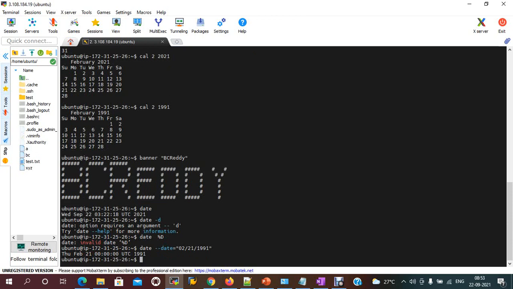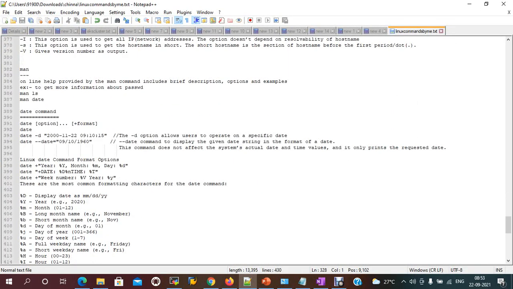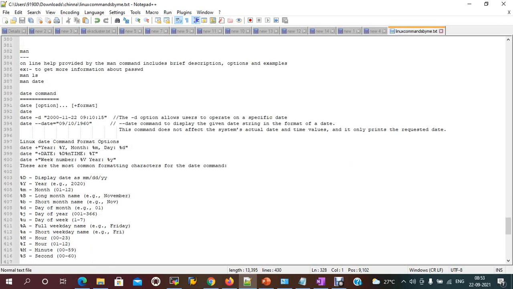See, you get the February month. And there are different types of options on date. These are the options, to allow the user a specific operation, you just need to give it like this.